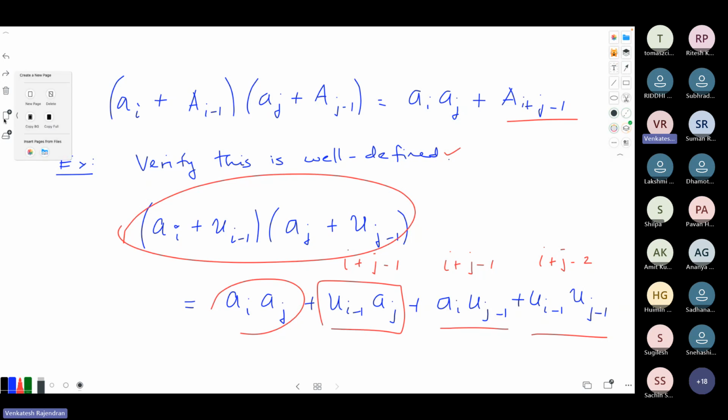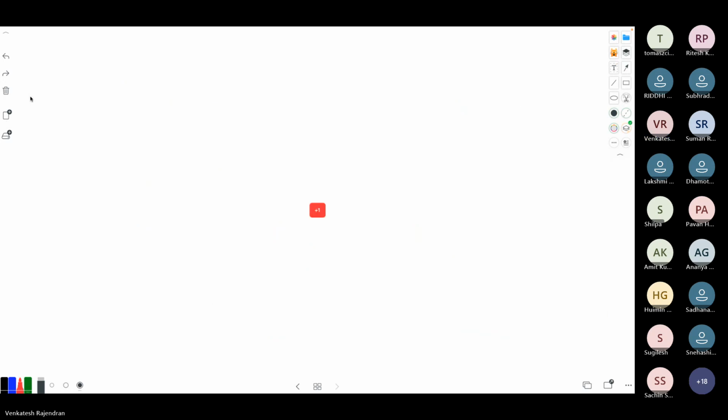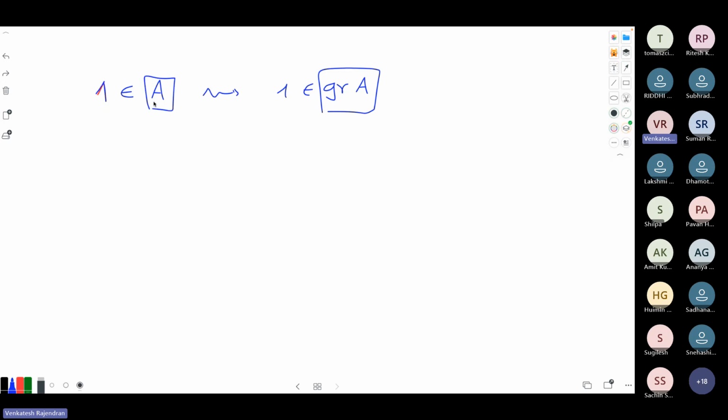Now it is easy to see that the 1 is there in A_0, since A_{-1} I can take to be 0. The 1 that you have already behaves like a unit, so the 1 of A will have its image in gr A. That makes gr A a unital associative algebra. So if you start with A, a filtered algebra that has a unit, then gr A will also have a unit.